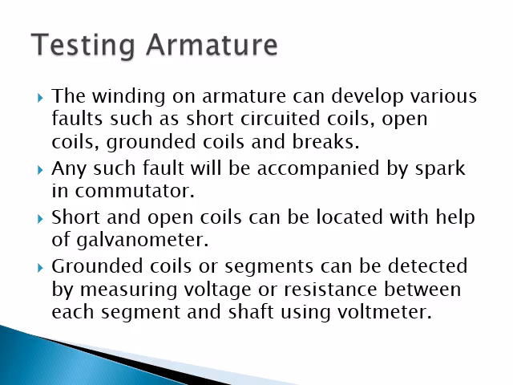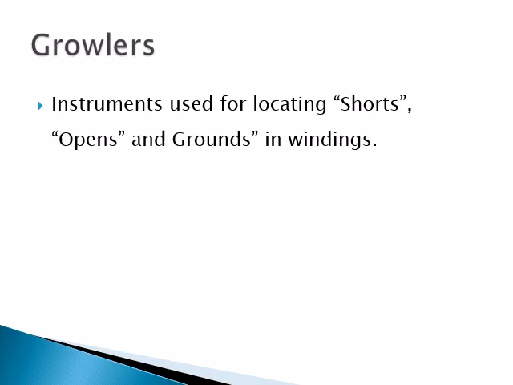In order to identify the short circuited and open coils, it can be identified with the help of the galvanometer, and the grounded coils or segments can be detected by measuring the voltage or the resistance between each segment and shaft using the voltmeters. Next is about the growlers. Growlers is nothing but the instrument which is used for locating the short circuited or open coils and grounded coils